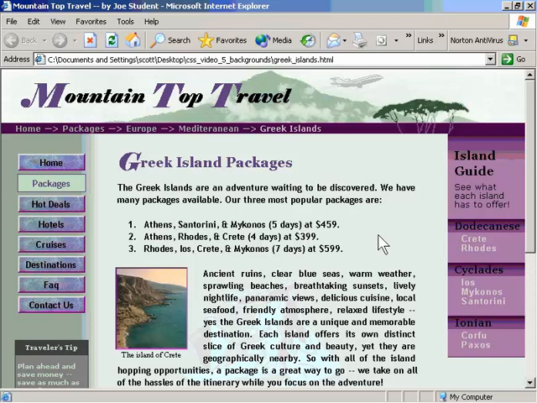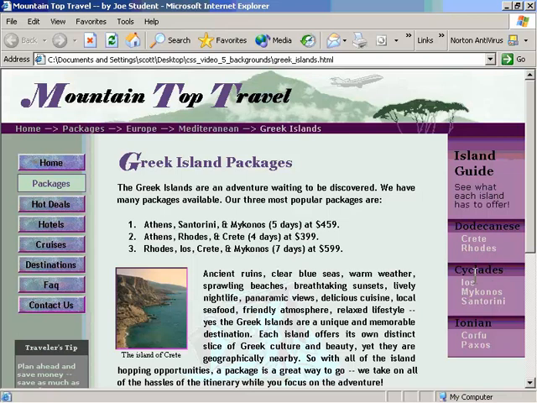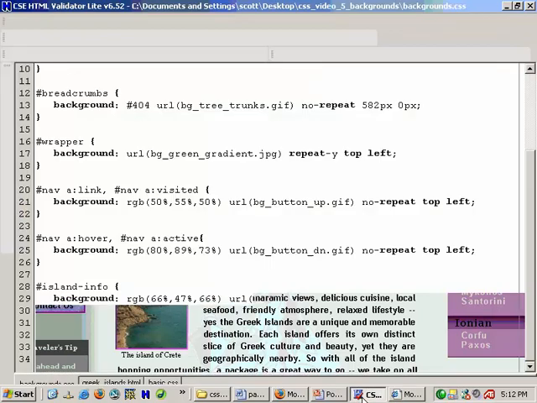Okay, and why is it so dark? Because we're getting the very top part of the gradient right in this area, and it is too dark in there. But if we were to tell this background image to move up, basically kind of drag and drop this up a bit, now the part that goes up won't be visible because it's only visible in the area of the H4 itself, and the gradient obviously gets lighter as it goes down. So we'll just have a lighter starting point and then it'll fade down. So by experimenting, remember it's about 49 pixels tall. I don't know exactly how many pixels this area itself is, but by trial and error,